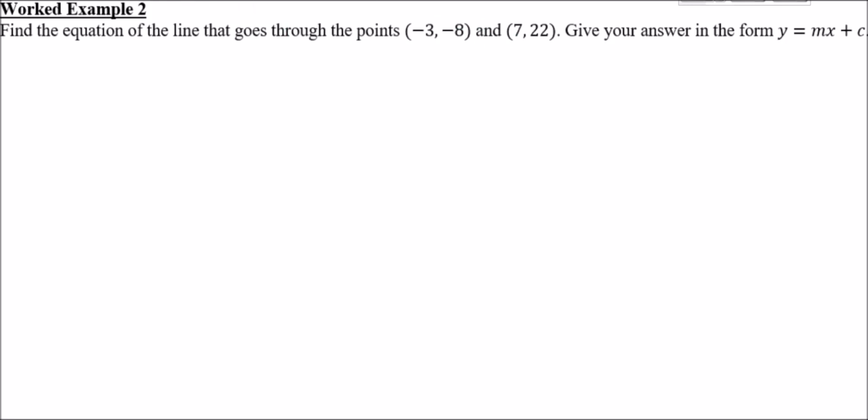And so, using a sketch or not, it's up to you, we can work this out. So I'm going to choose to sketch this. If I think about minus 3, minus 8 down here, and the other point on the line up here is 7, 22,